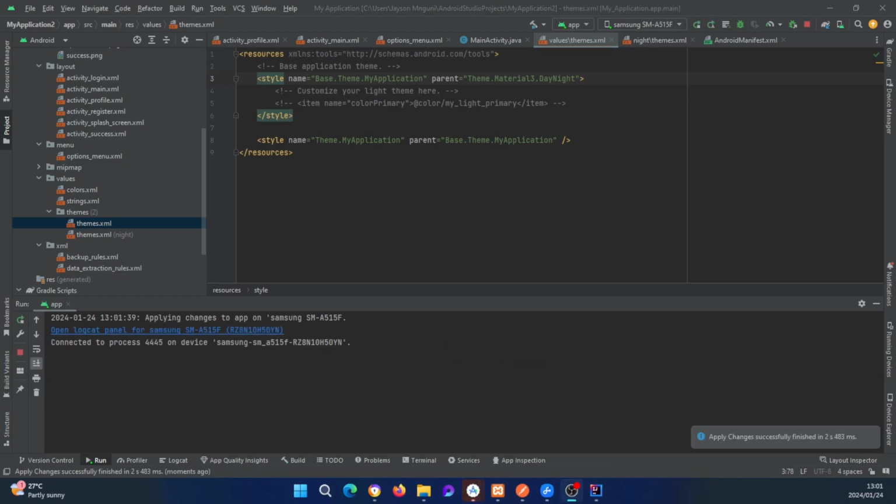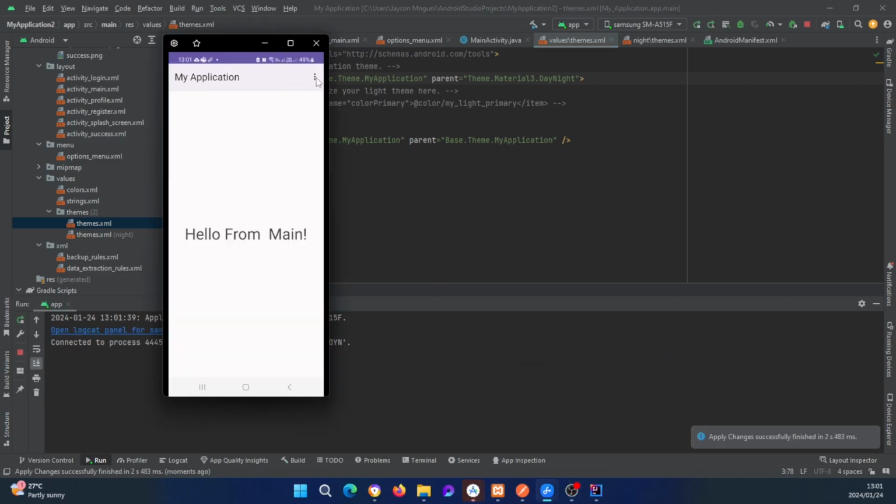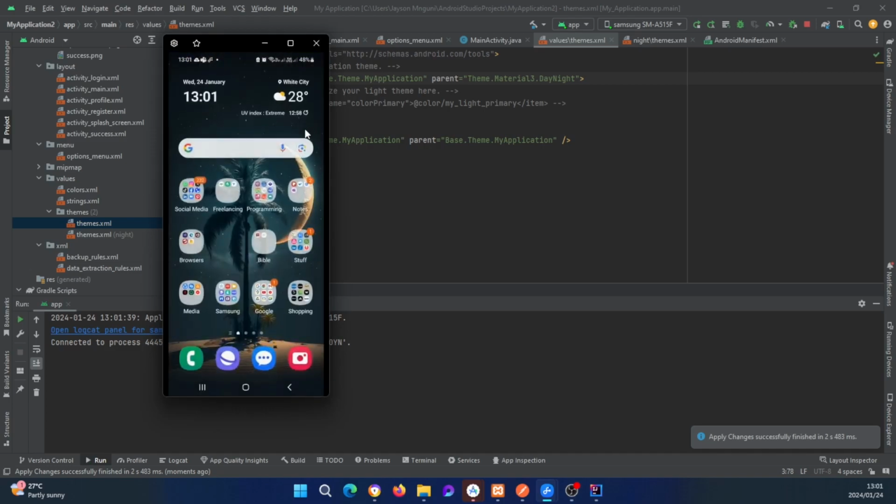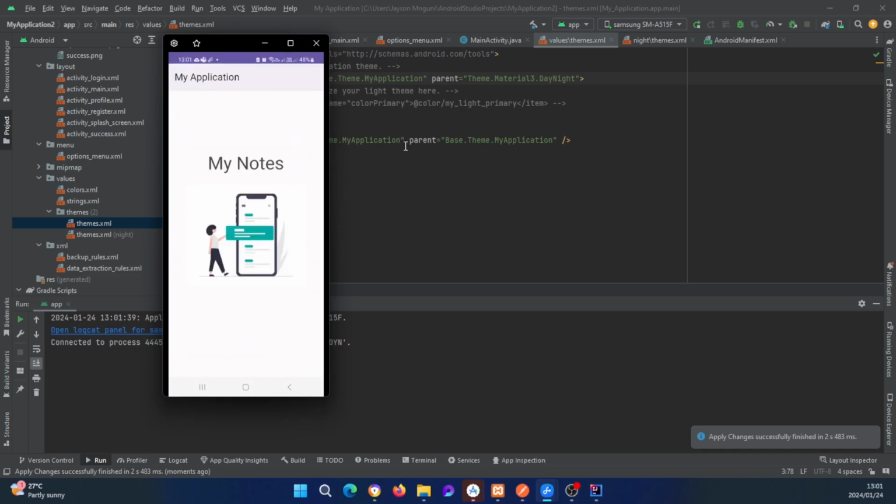Alright, so the application is done. I'm gonna close it again so that you can see. So I'm gonna run the app. Now look there, the action bar is now showing along with the title of the application, and it's also showing here along with our menu option. So as you can see, there's our menu option there, and if I click profile, it should take us